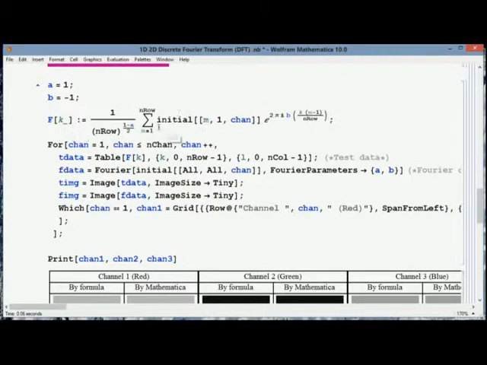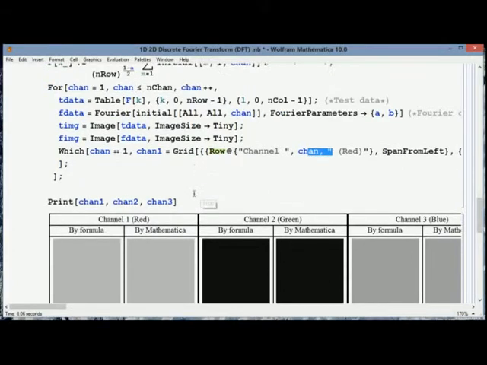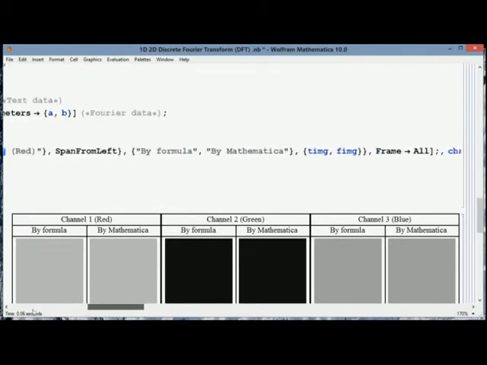After I define the functions, there's a for loop. It calculates the 3 different channels, and it calculates my function, and then this is the appropriate discrete Fourier transform in Mathematica. These create the images, and then this one chooses the right title. I didn't wrap the text, so it goes that way. So basically what it does,